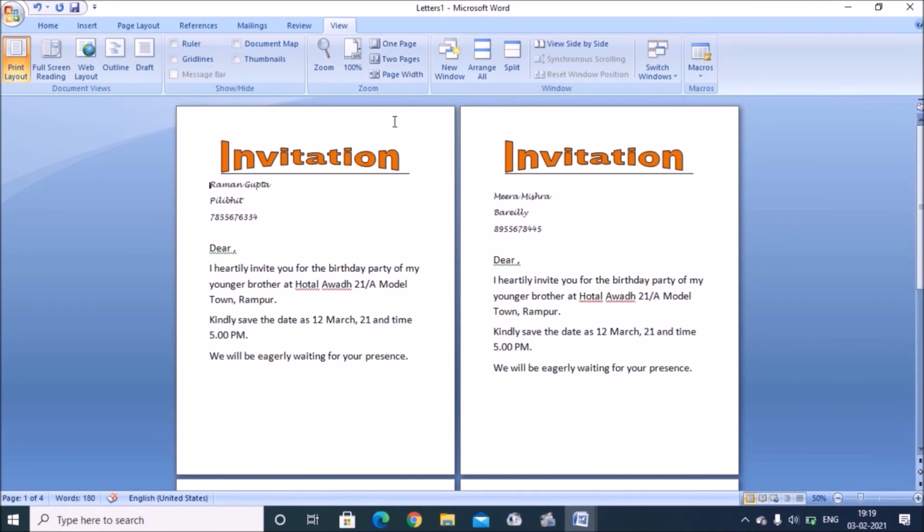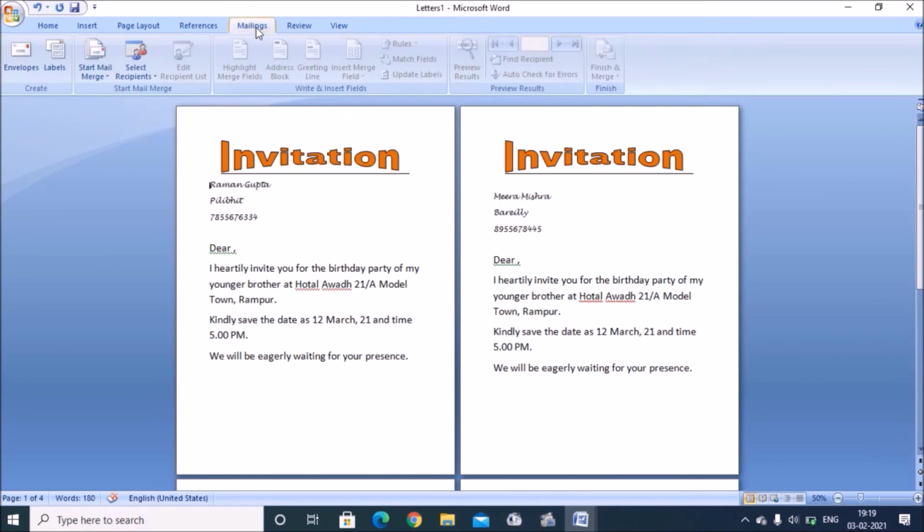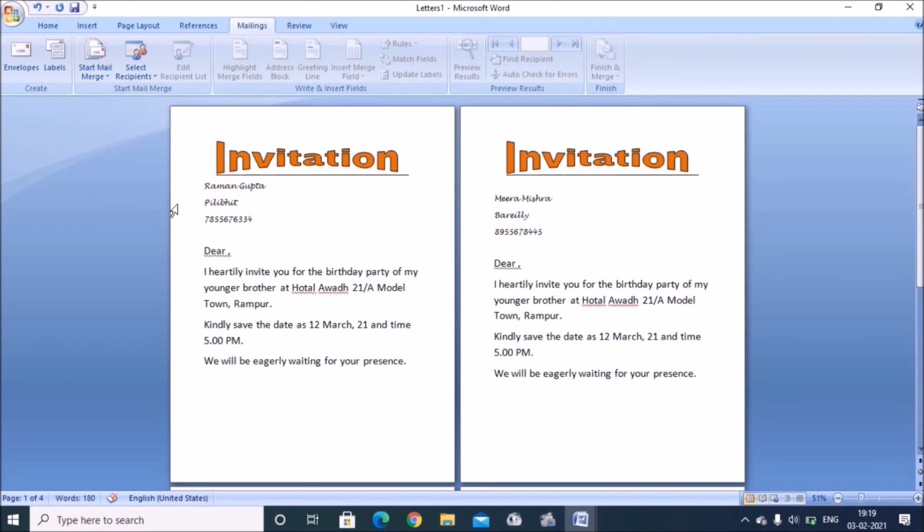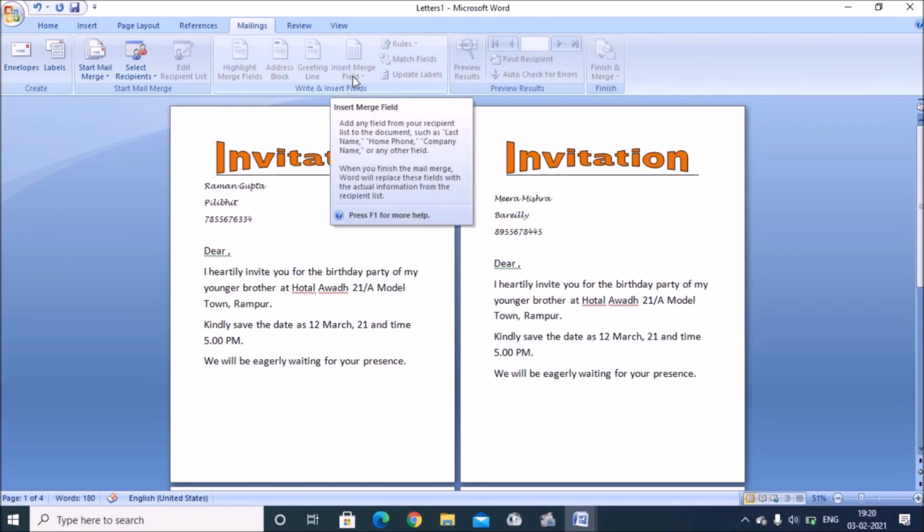Again I am revising the steps. You have to go to the mailing tab, start mail merge, click on letters, then first prepare your letter, then create the list of recipients by clicking on type new list. After that you have to add the merge fields with insert merge field.